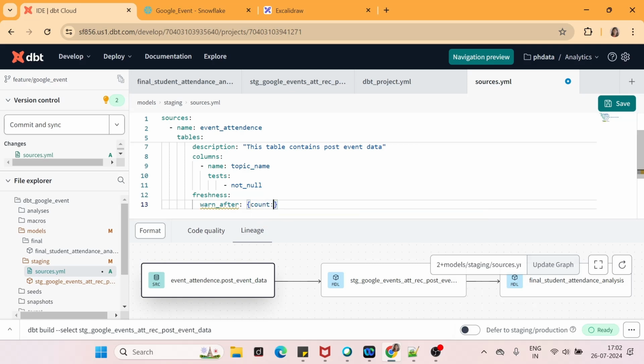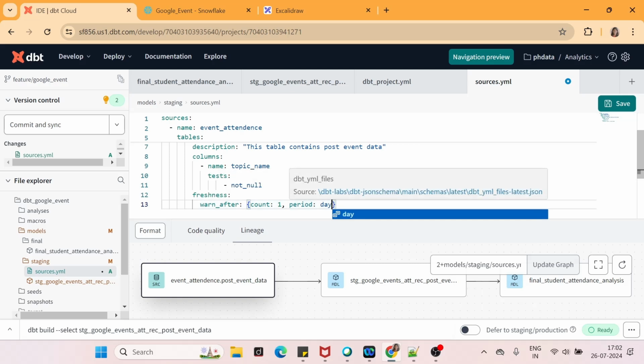I will give count. This is the format: count 1, and period can be days, minutes, or hours. So I'm giving a day. I need a warning if no new records have been added in another 1 day. How is it going to calculate?